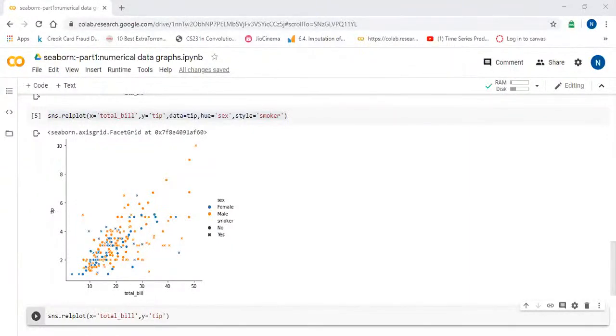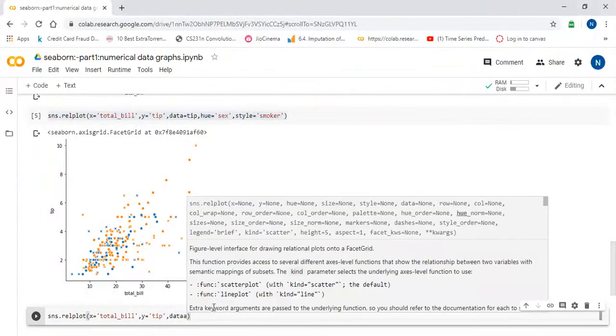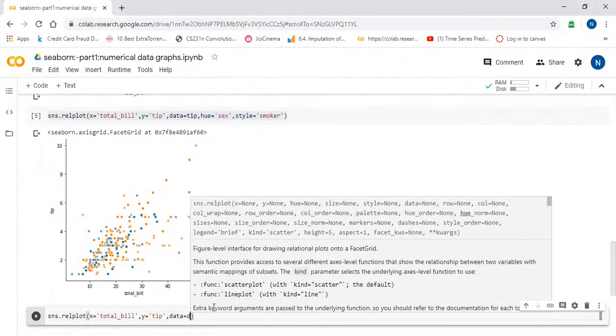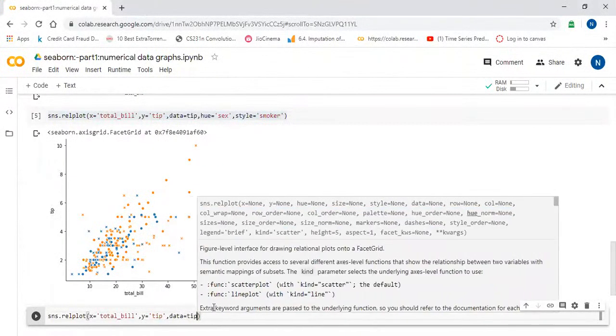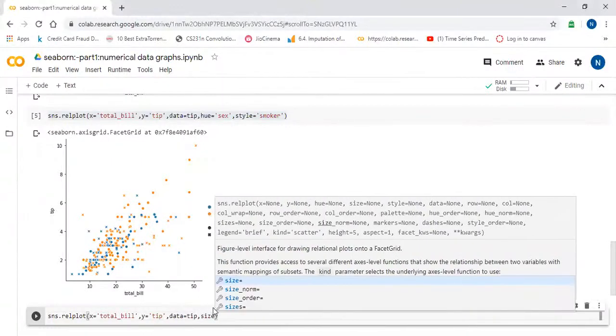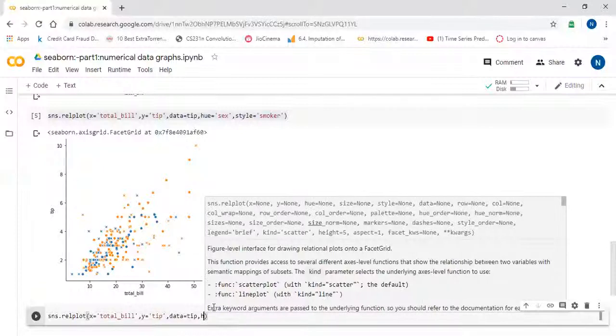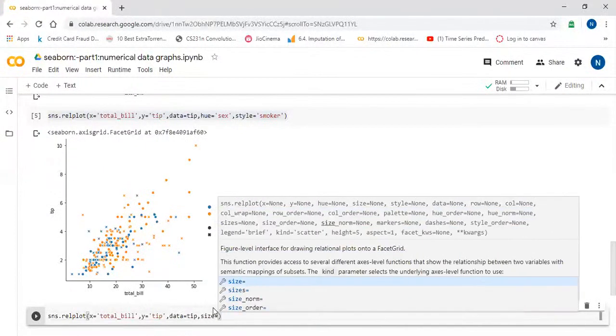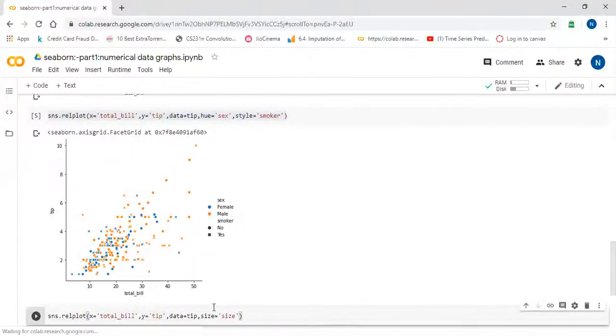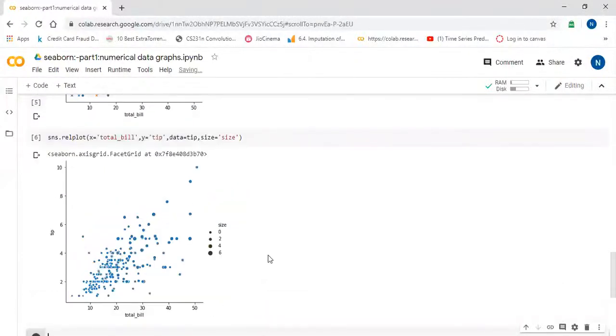Now we have one more parameter, size. So I will say size is equal to size. Now I can differentiate on the basis of size. You can see for 0 there is a small circle, for 2 it is somewhat increased, for 4 it is increased again, and for 6 it is increased further. So on the basis of size as well, I can differentiate those records.